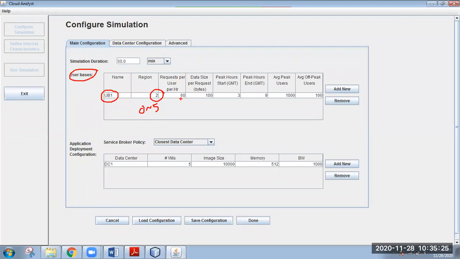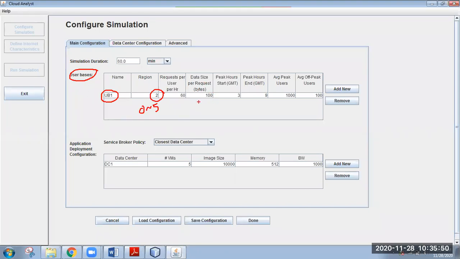It is saying 60 requests per user per hour. So a group of users can also request the resource in Cloud Analyst inside a user base. How much data size per request, that also you have to specify. That is called data size per request in bytes.